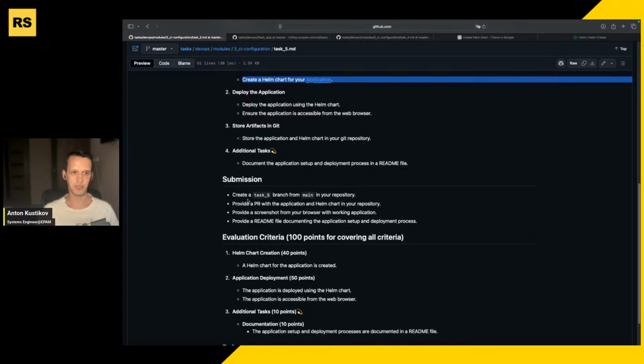And what should be submitted? You need to create, once again, a new branch, which should be called task number 5 from your main one. Provide a pull request with all of the code. So it should contain your